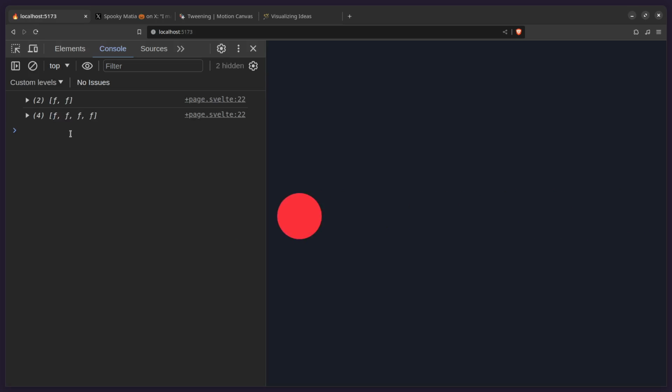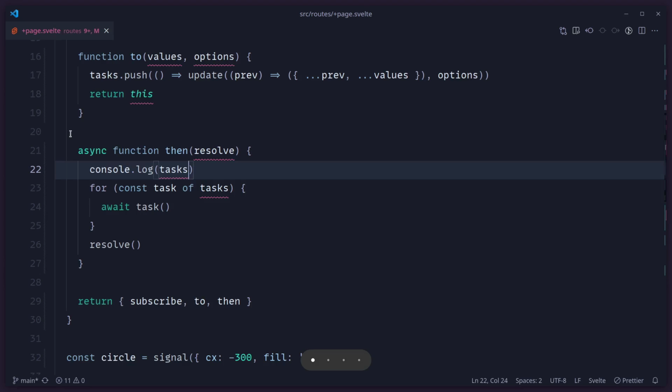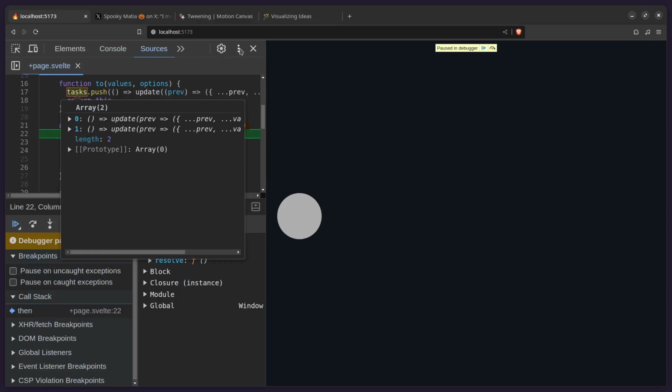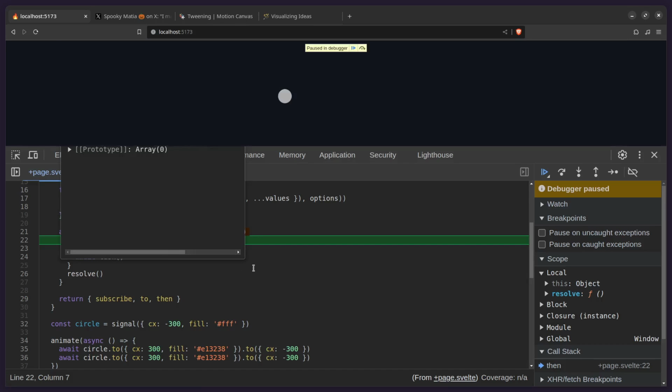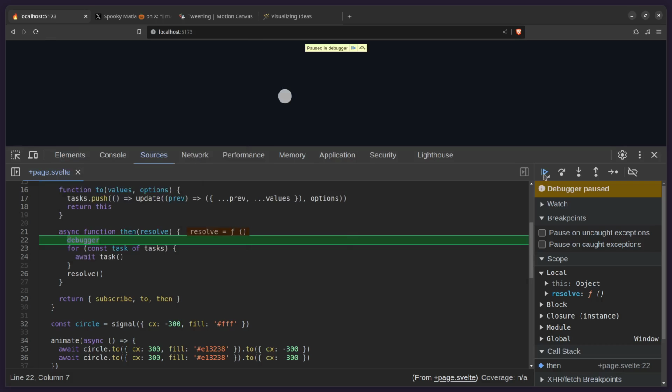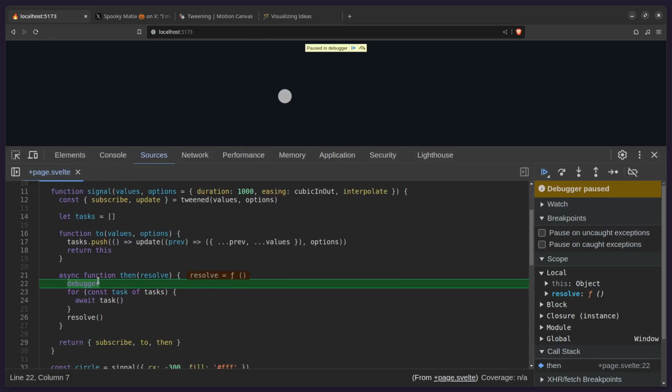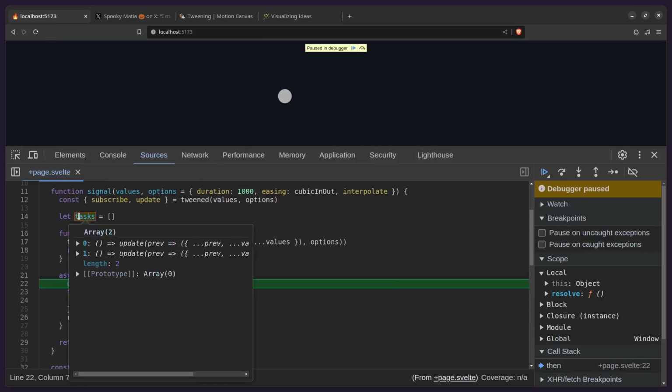So basically this is how you can debug it, and you're probably used to that, but what I want to encourage you to do is just slap a debugger statement, and this is so much easier than using console log because you're going to see your entire application state at a glance. So you can slap a debugger, and immediately this is going to break here. Let's just go to the debugger, and again, we can just play this so we can see the state of this when this debugger hit this, so we can see what's going on with the task.